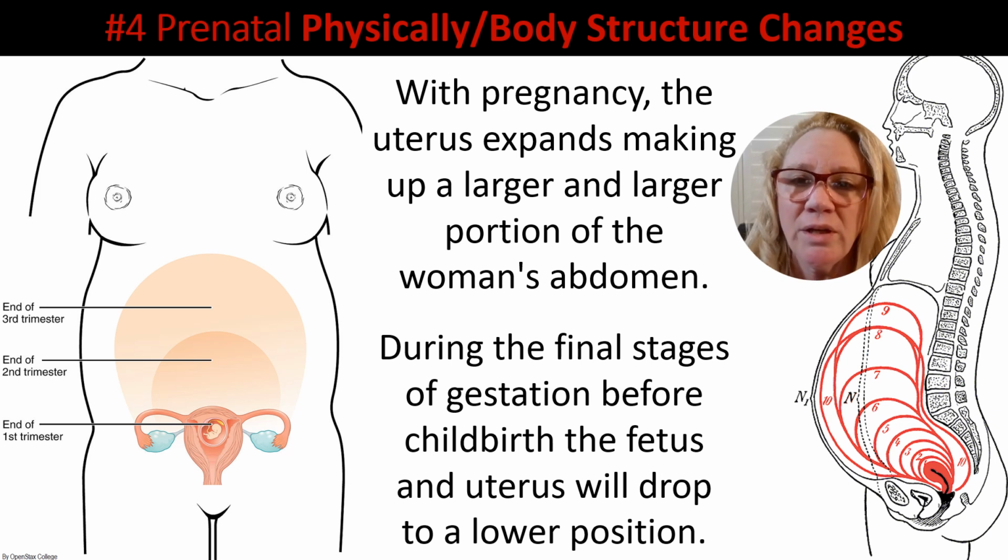Most pregnant women have to purchase new clothes to accommodate their ever-growing abdomen. We're showing on the right-hand side here how the pregnant abdomen grows upwards and outwards with each month of pregnancy. And on the left-hand side, we have a medical illustration that shows how the uterus expands each trimester. And in the 9th month of pregnancy, during the final stages, that uterus will start to drop to